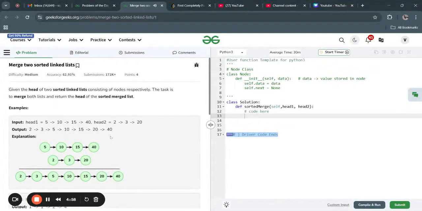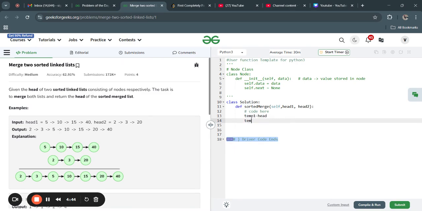Today we are going to solve merge two sorted linked lists. We need to merge two linked lists and they should be sorted. They are already sorted. So let us take temp1 as head and temp2 as head2. Let me clear this and let us initialize a new node